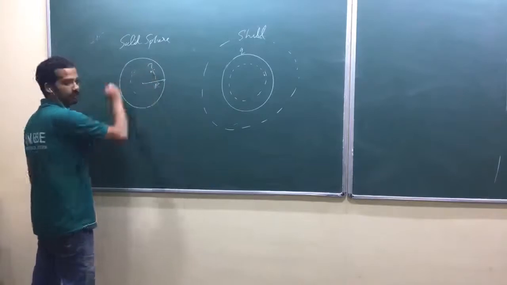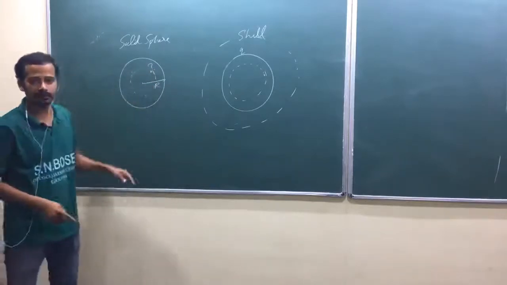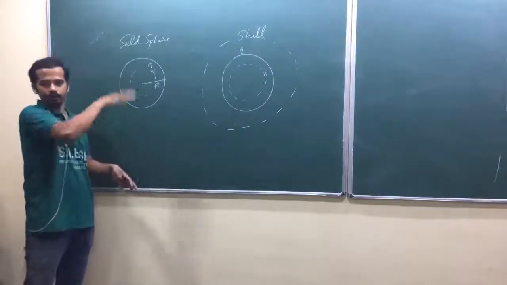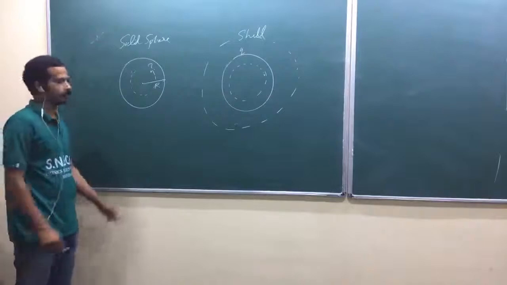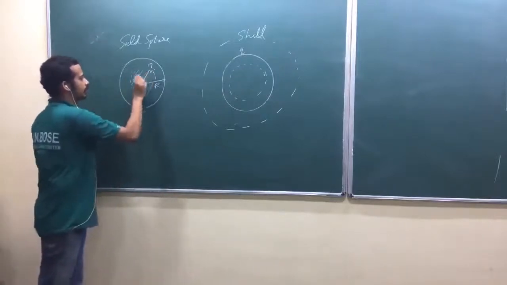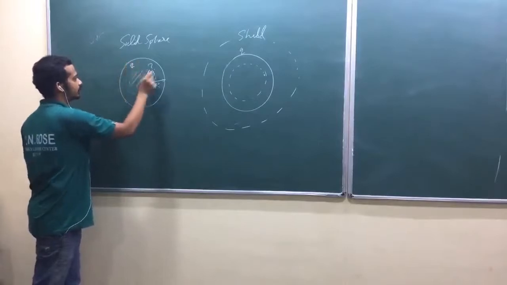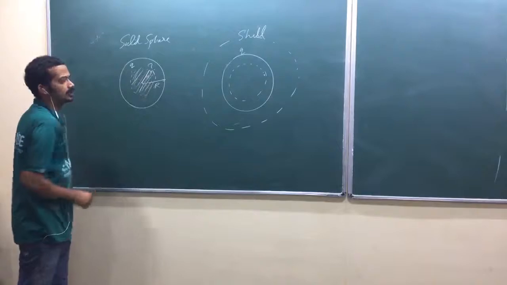Suppose you take a Gaussian surface. Now there are charges inside because I said it's a solid sphere. So Q is uniformly distributed throughout the volume of the sphere. So then there will be charges inside. You have to find what is the charge here. Now, if the total charge is Q, can you say what is the fraction of the charge enclosed by this Gaussian surface of radius r?